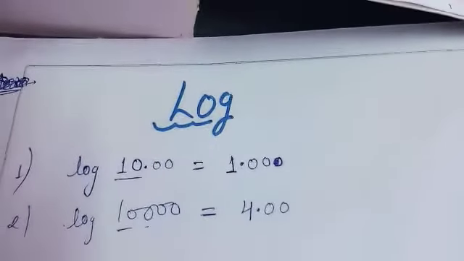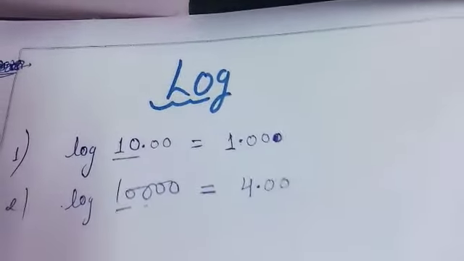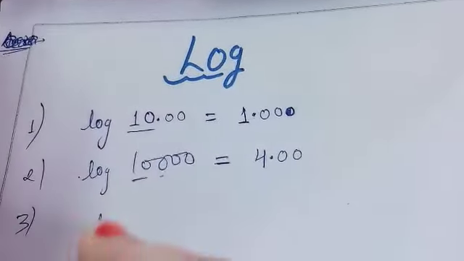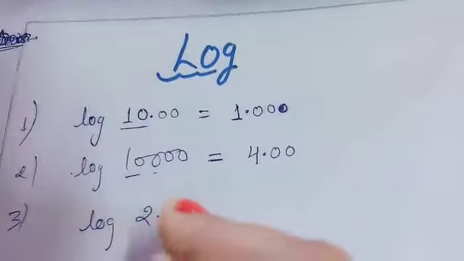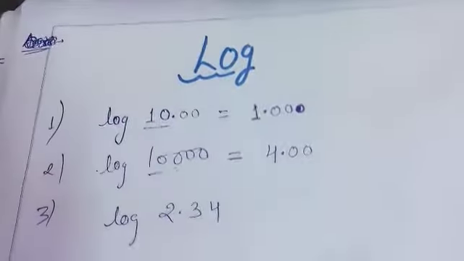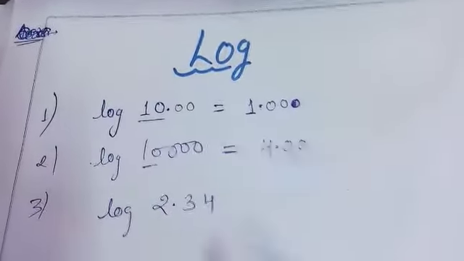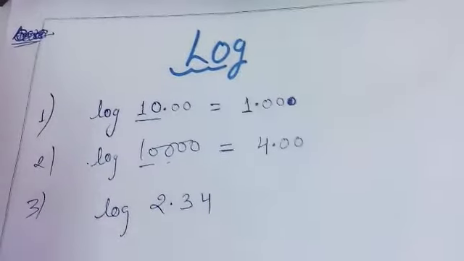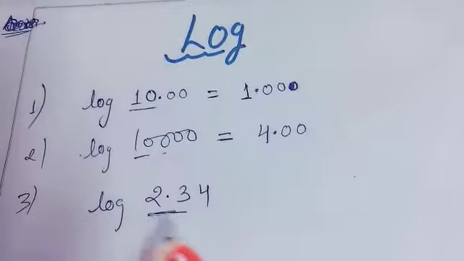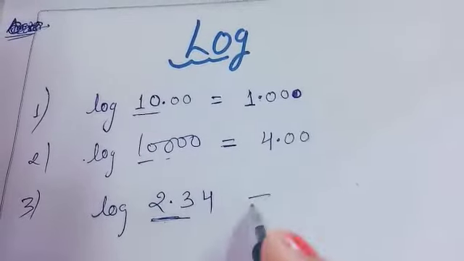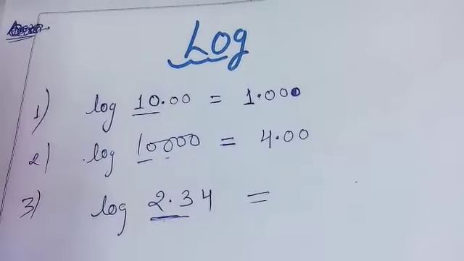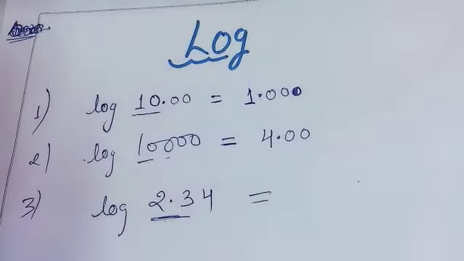Okay, this one is clear to you. Okay, now next thing is, suppose this one is given, 2.34. Okay, now in this one, again either decimal is present in between or after, it makes no difference. You have to see starting 2 digit and in third one, it means you have to see value of 23 in 4. So just you will see value of 23 in 4.